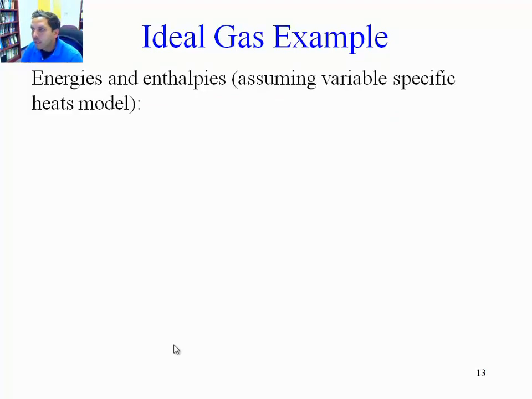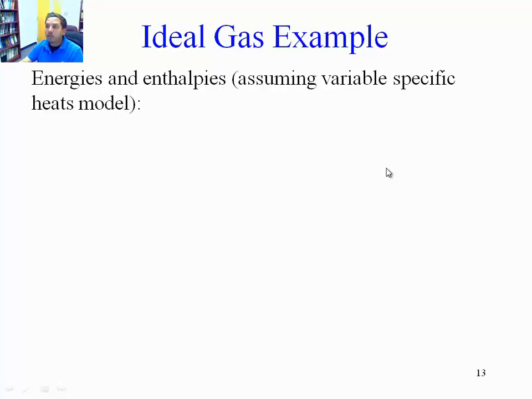All right. Now let's calculate the energies and enthalpies. The other two properties are important in every single state so that we can later use them in the first law of thermo to calculate the heats and whatever else we need for the outcome of this problem. Now the energies and enthalpies for an ideal gas are only a function of temperature, whether you use the constant specific heat model or the variable specific heat model. So let's start by using the variable specific heat model.